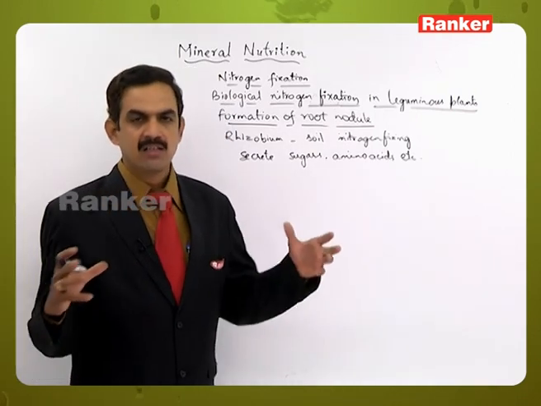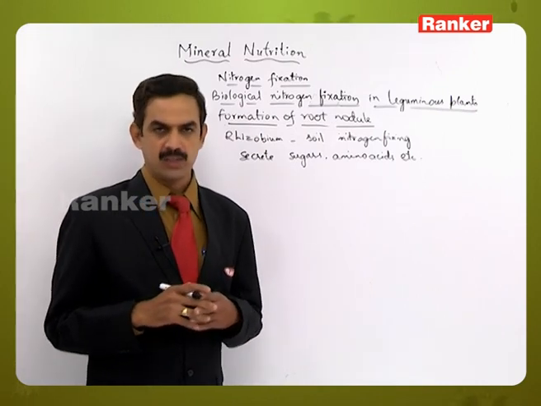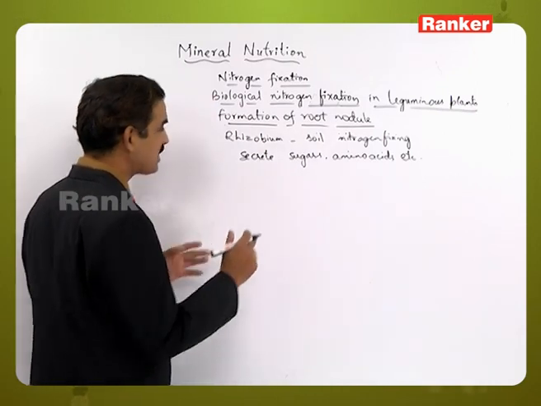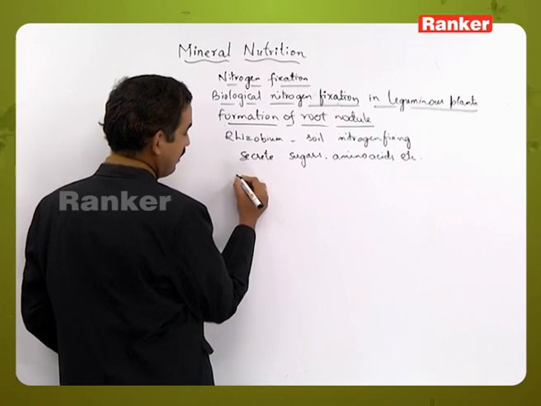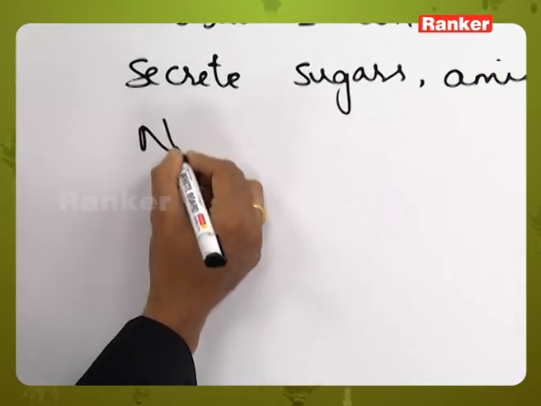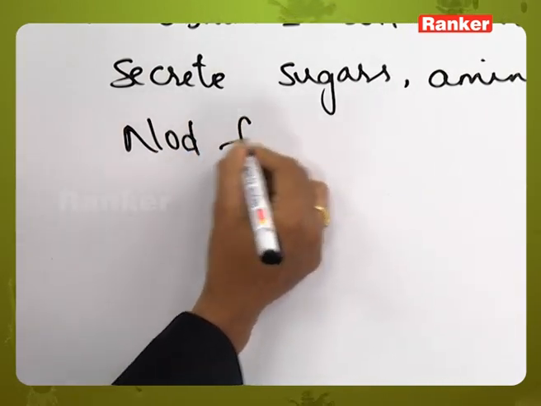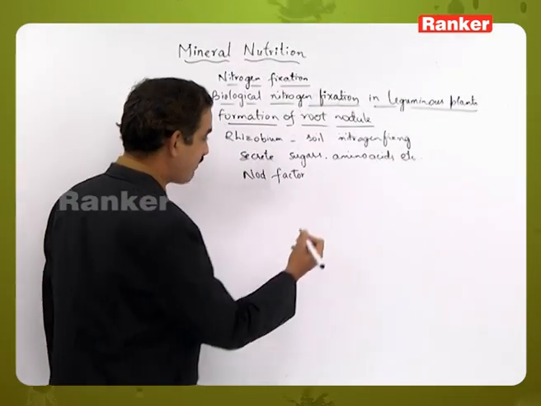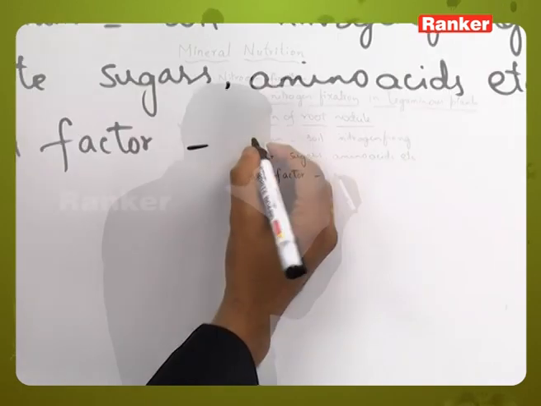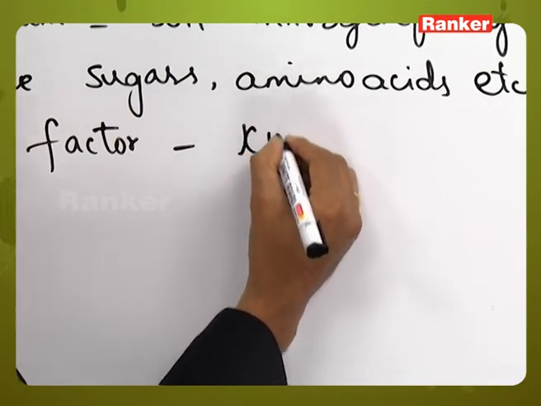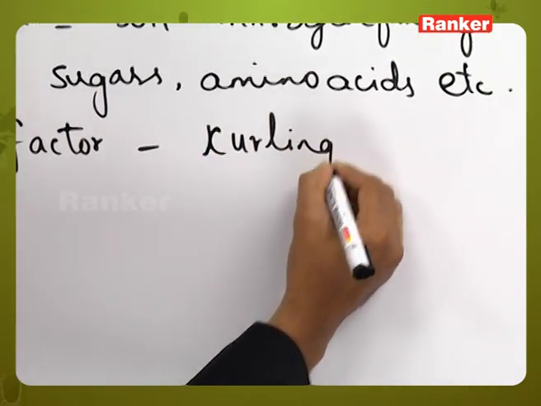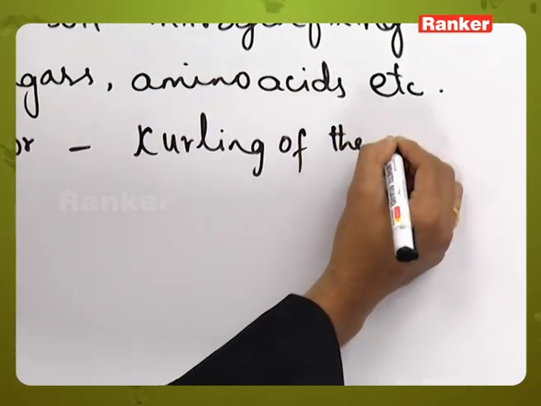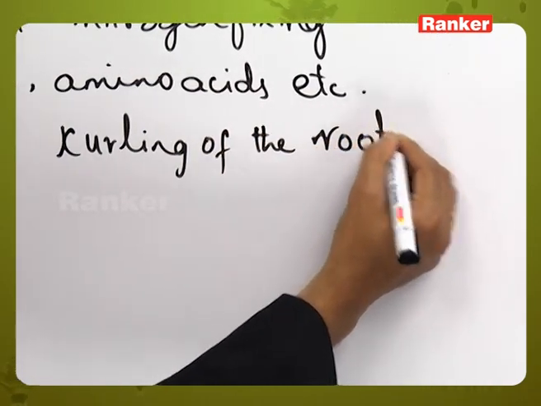They are attracted towards the root, and in this process the bacteria will also secrete a structure called a nod factor. This nod factor which is secreted by the bacteria is responsible for curling of the root hair,